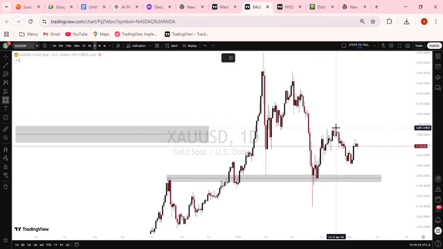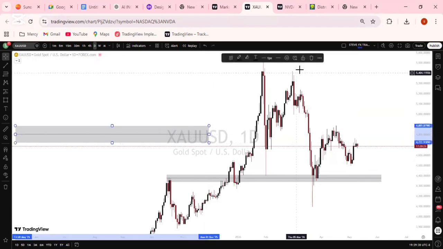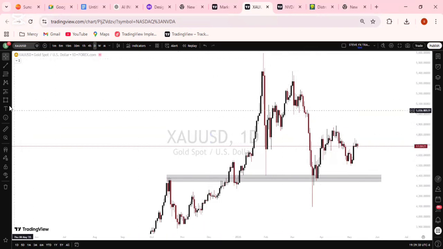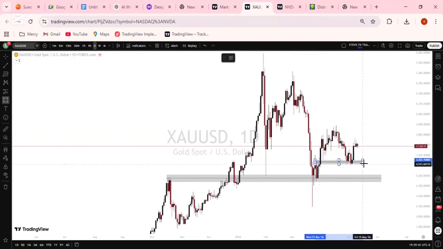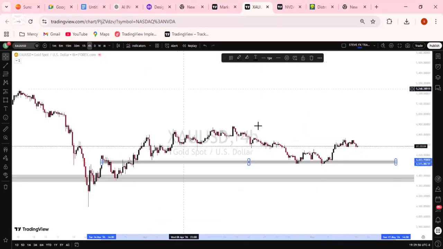We made this impulsive move, and now we've seen that the market gave us a retracement, and also a reaction from this particular point. So from this idea, we know that gold is bullish. We have a support. Now we are having a retest at this particular point. So we move down to the other time frame to see